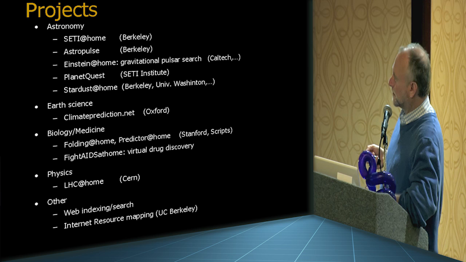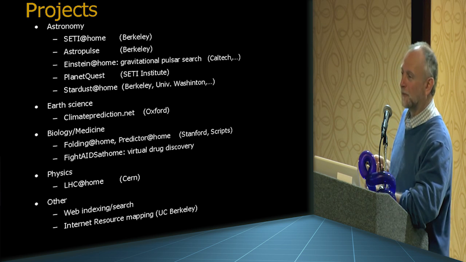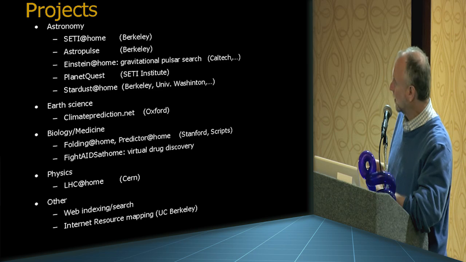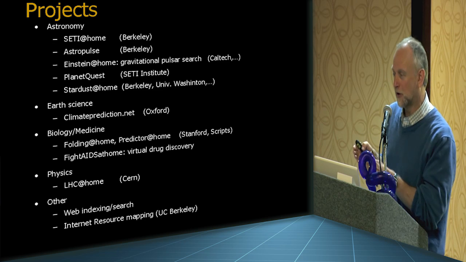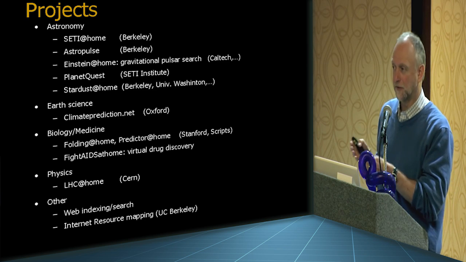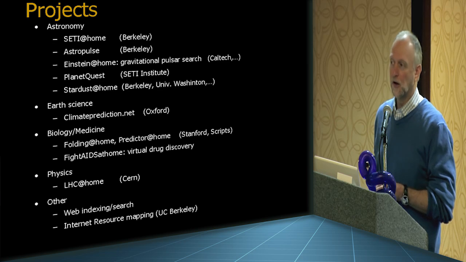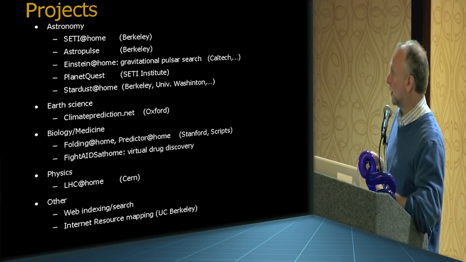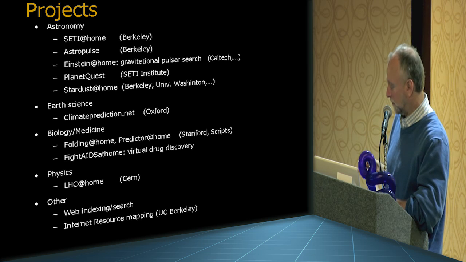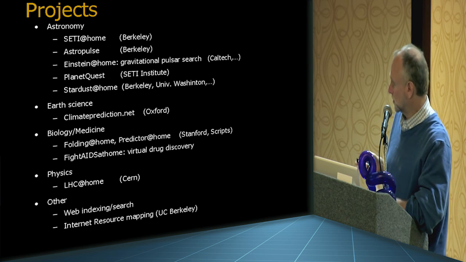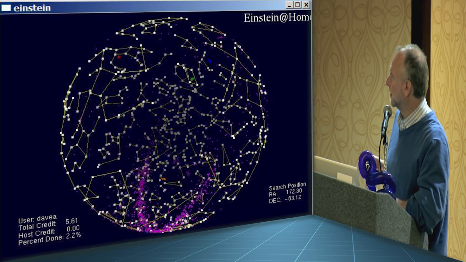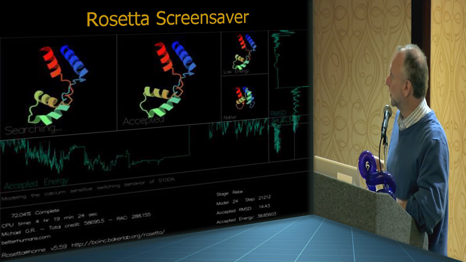Anyway, now there are about 100 different projects that use our software to do volunteer computing. And you can allocate how you want your computer to be used. So you can give 30% of your spare computing cycles to malaria drug research, cancer drug research, HIV drugs, or climate modeling. You can pick your favorite projects and allocate your spare computing time: SETI at home, climate prediction, global warming, gravity wave research, Einstein at home, protein folding. Anyway, there are a lot of different screens.